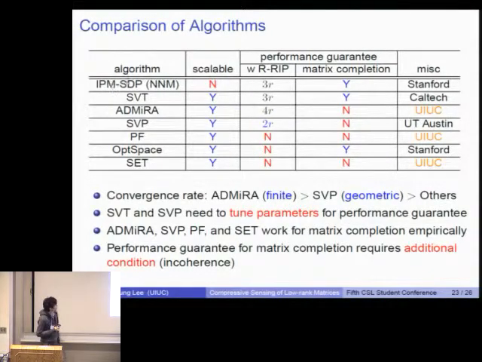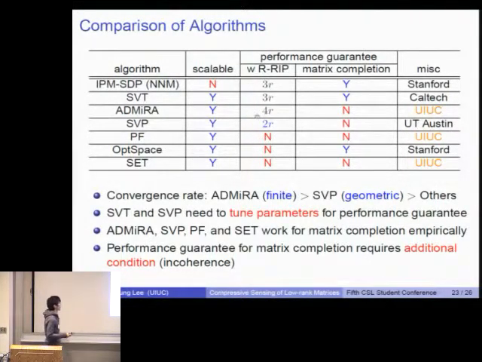Here, IPM-SDP stands for interior point method for semidefinite programming for Euclidean minimization. Except the first one, all the other algorithms are highly scalable because they involve only singular value decomposition and unconstrained least square problems. And about the performance guarantee, if there exists rank-restricted isometry for the linear operator, the first four algorithms have performance guarantee. Among them, singular value projection can be thought of as best because the required condition is the